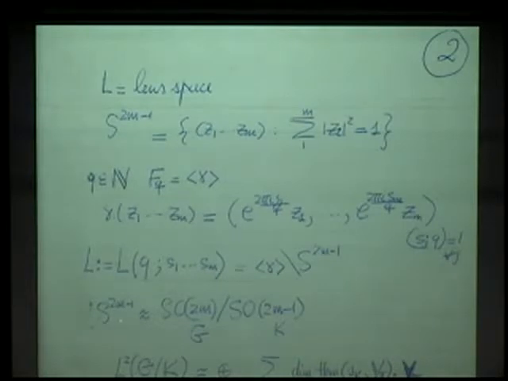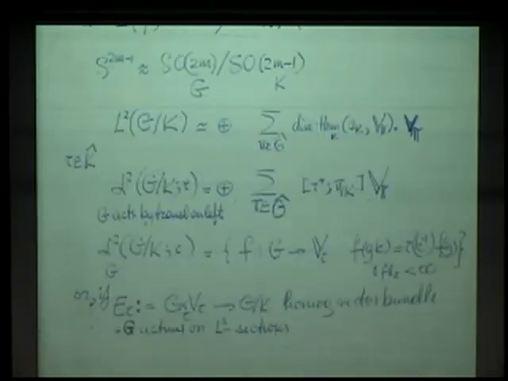We write the sphere as a quotient of G and K, with these two SO groups, and then we will use representation theory to determine the spectra. So the L2(G/K), so this is the sphere in this case,